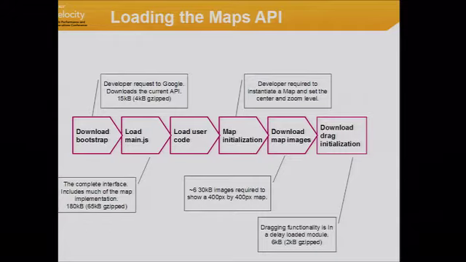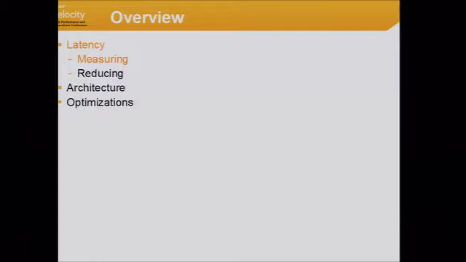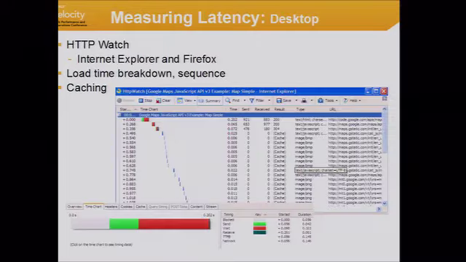This is a small file in version 2. So in order to reduce latency, we need to measure it. So we needed to figure out what was the slow part in that whole process. Well, on desktop, it's simple, pretty much. We've used HTTP Watch in Internet Explorer for quite some time to understand what's happening, and we've made a lot of optimizations on maps.google.com looking at the breakdown,